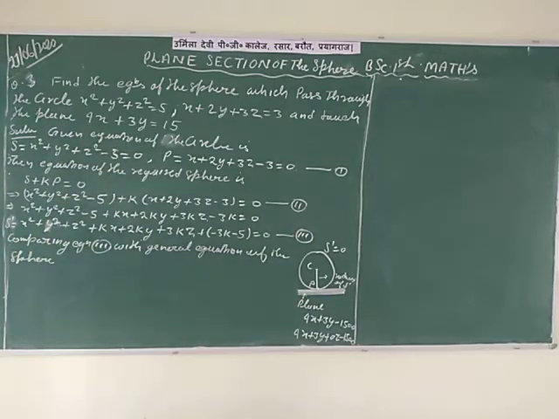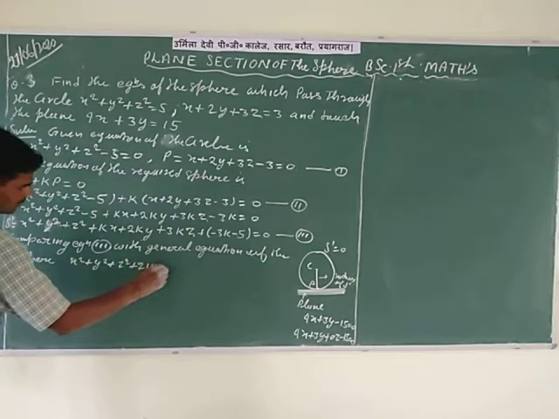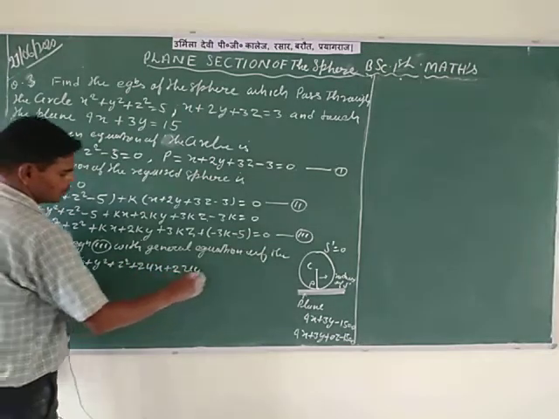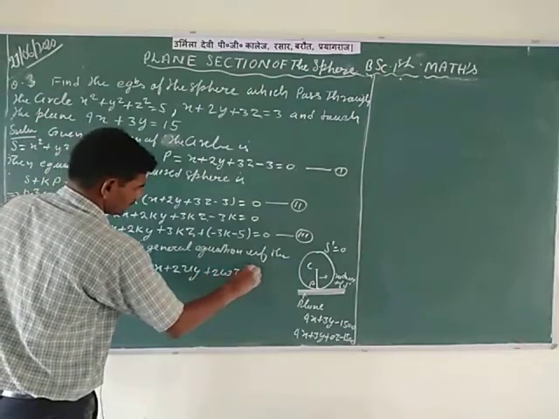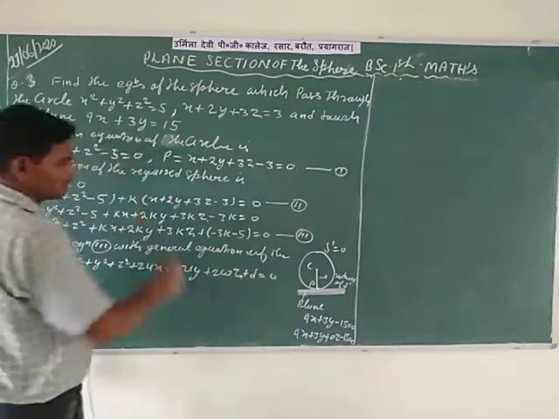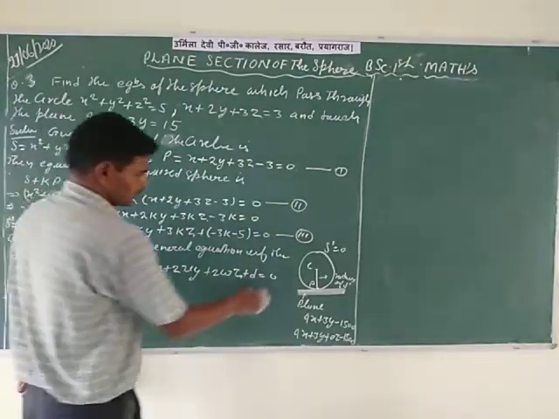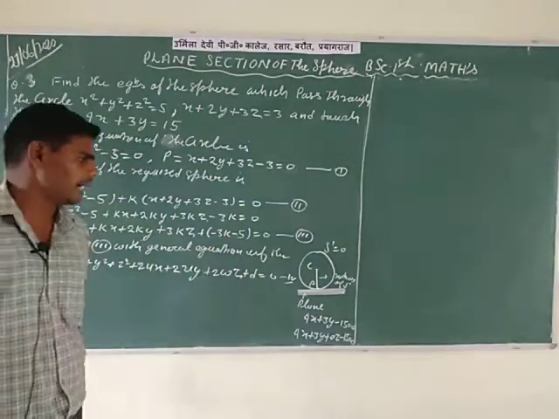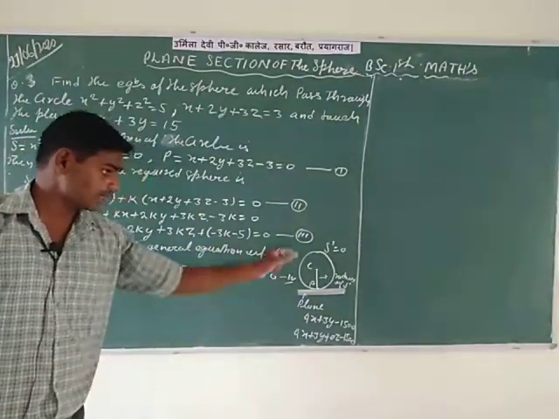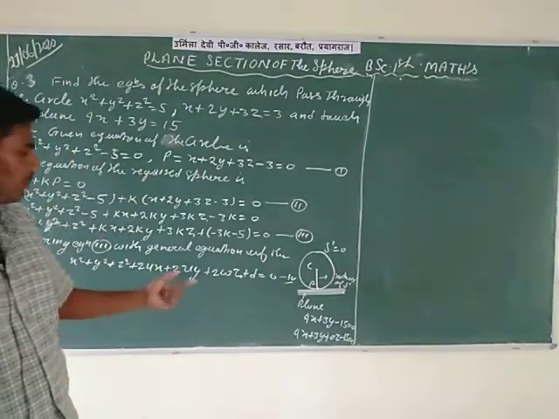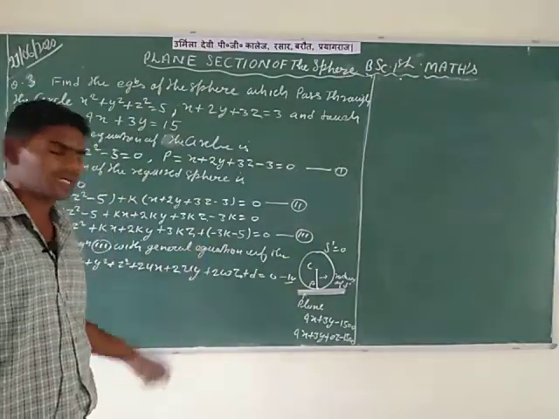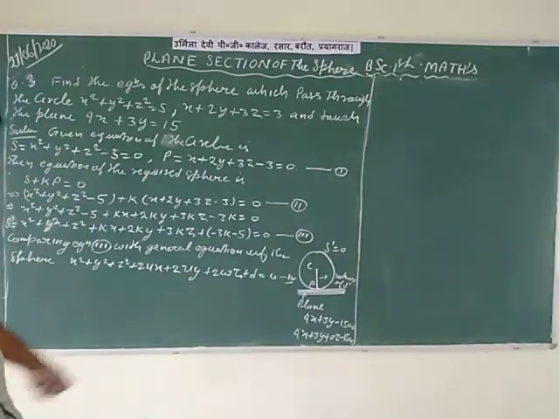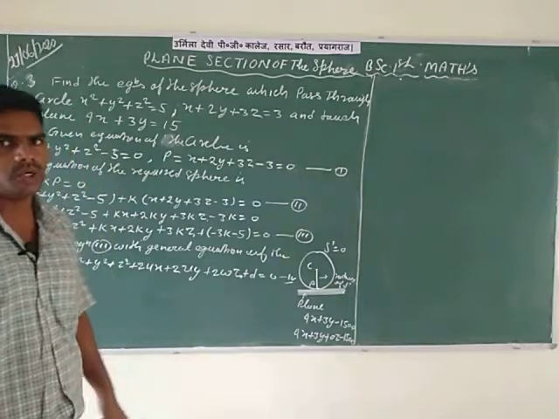the general equation of the sphere is x square plus y square plus z square plus 2ux plus 2vy plus 2wz plus d is equal to 0. The general equation of the sphere is represented by equation fourth. So here for finding the radius of the third sphere, its center and the perpendicular length, please compare equation third with the general equation of the sphere x square, y square, z square, 2ux, 2vy, 2wz plus d is equal to 0.